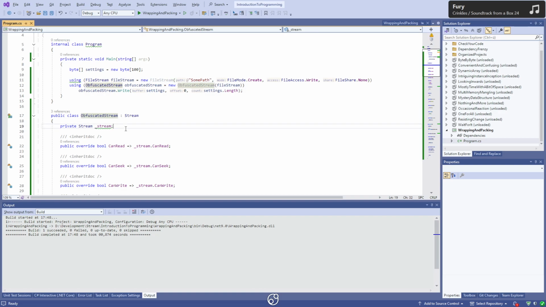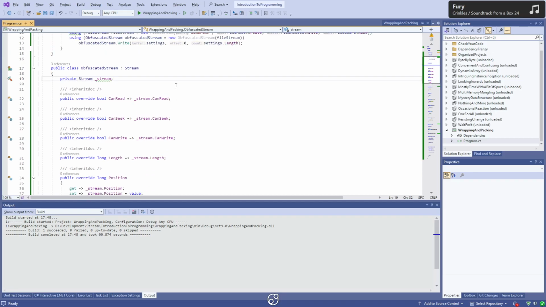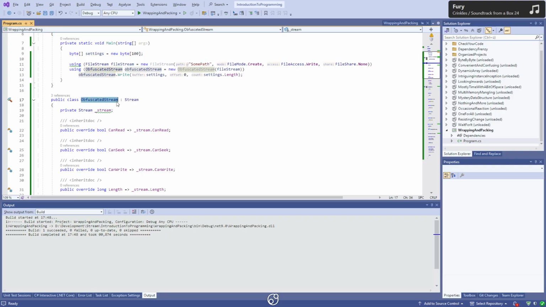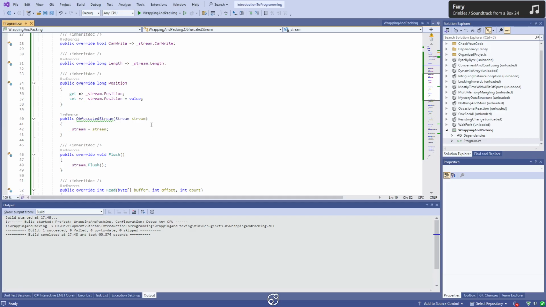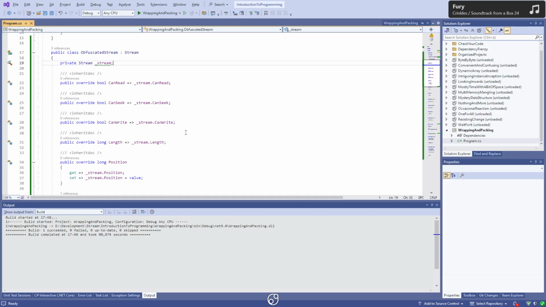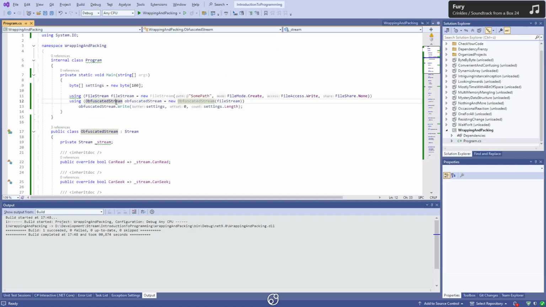What we created here is what I consider an actual wrapper. And I think this type of wrapper would be called a proxy. And it's a proxy because this stream accepts calls and forwards them to be executed on another stream on your behalf. If I have an obfuscated stream right now, I don't have any access to the actual file stream. If I have another method,